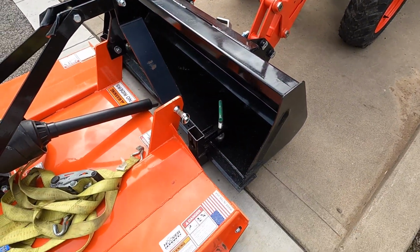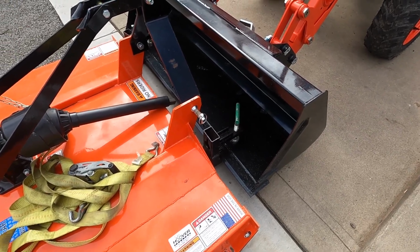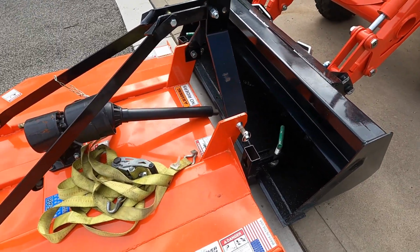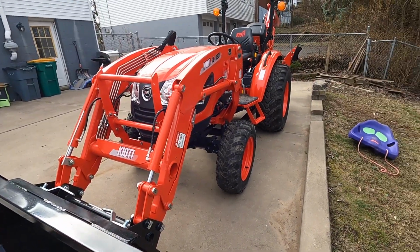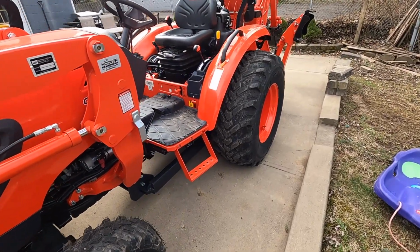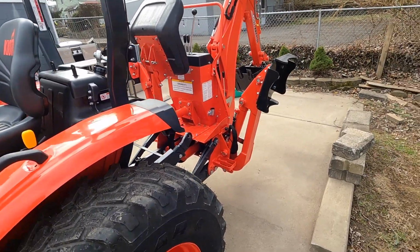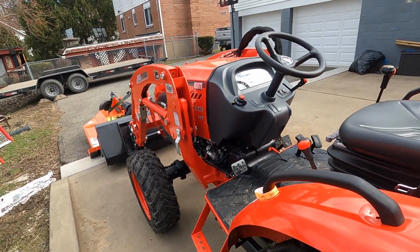those little bolt-on pallet forks are from my buddy down the road. If you guys remember him in the hunting videos, his name's Greg. He was nice enough to bring those up for me so I could get them off the trailer without dinging up the tractor. So yeah, everything went smooth. Everything at the dealer was nice people to deal with, and now I think I'm going to give a good coating of wax to